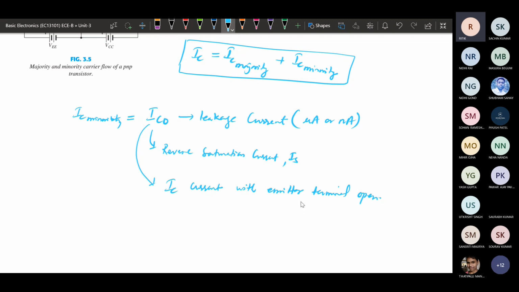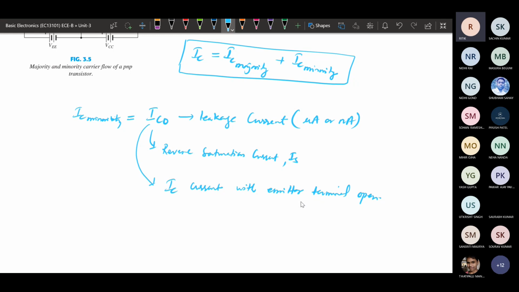This ICO is the leakage current, and it flows when the output diode, that is the collector junction, is reverse biased. At that time we consider the emitter terminal to be open, so the emitter junction is open circuited. Whatever current flows at that time is ICO. So ICO is the IC current when the emitter terminal is open.